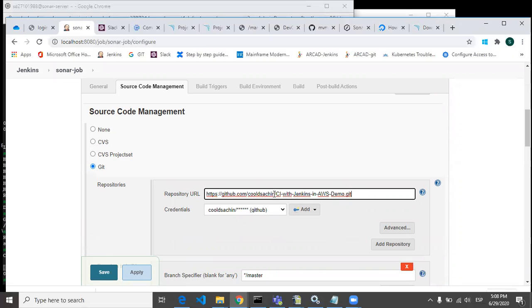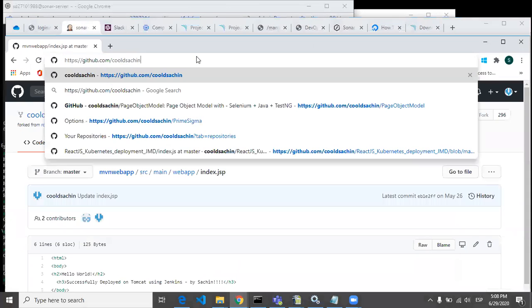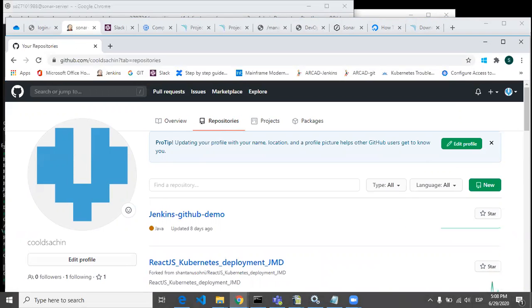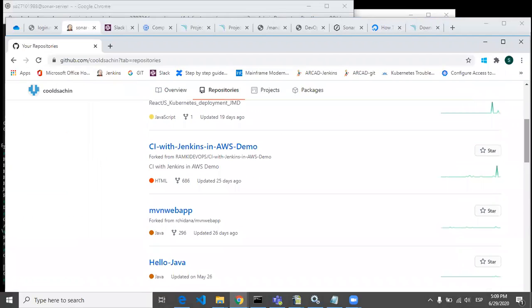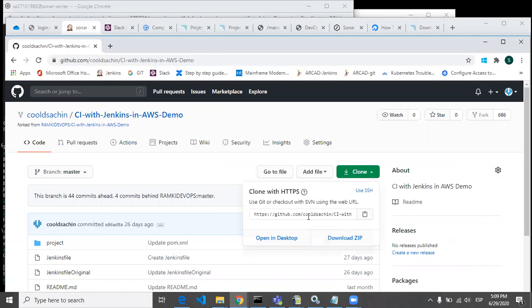If you go to this GitHub path, in the repository section, this is one project, and I have just cloned this URL from here.